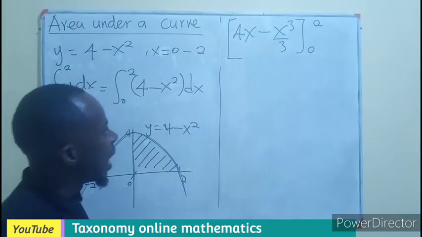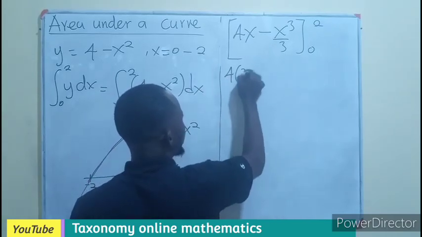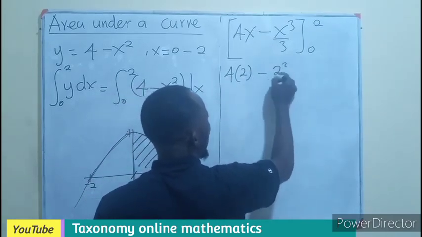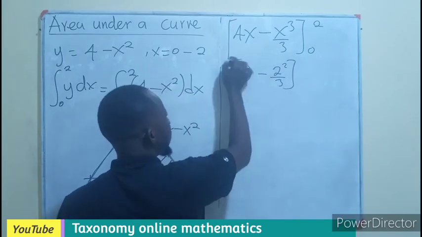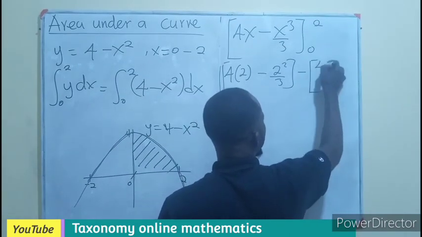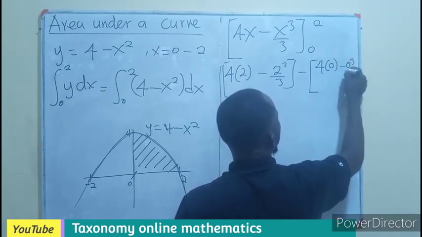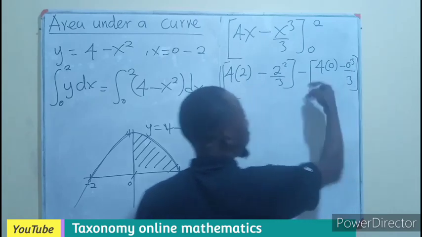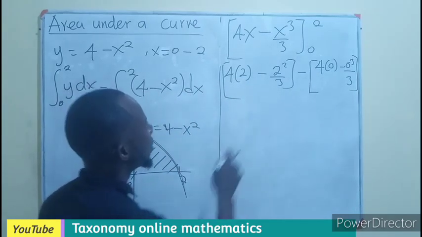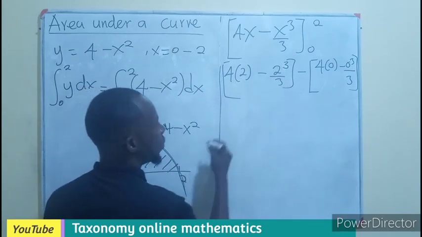So putting the upper limit, I'll have 4 multiplying 2 minus 2 cubed over 3. Don't forget this will give you 0 back. Let's indicate it. 4 times 0, 0 to the power 3 over 3. All of this will be 0, alright? I think this is the power 3. This will be giving you 8